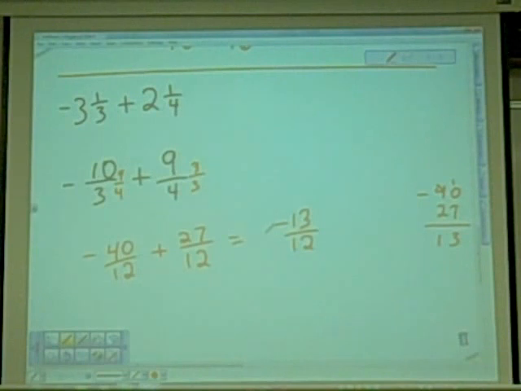But we can add negatives, right? So we have to be careful with that. And then if we wanted to put that as a mixed fraction, it'd be negative 1 and